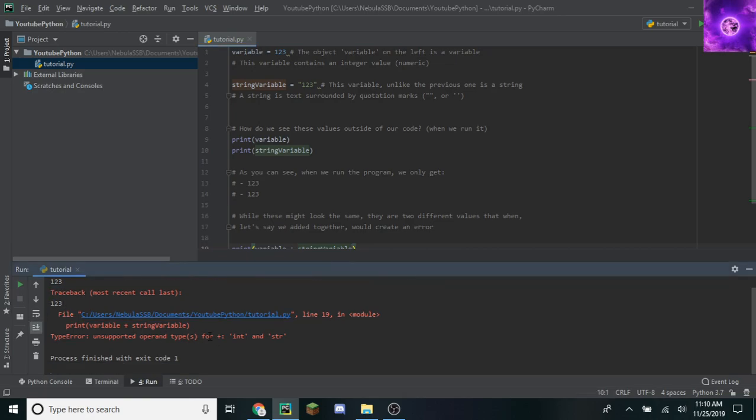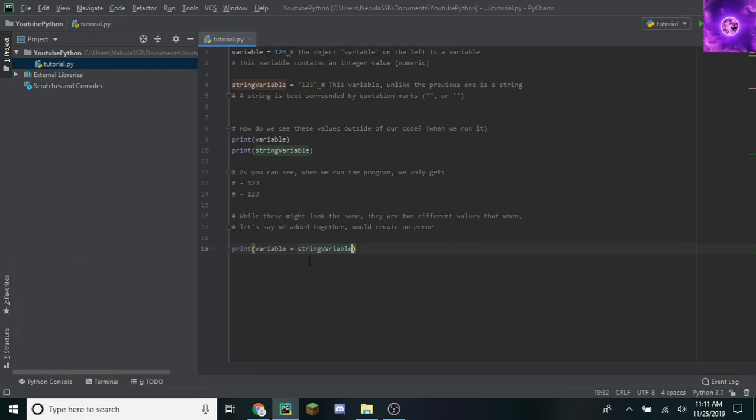However, here you can't add an integer and a string value. If you were to ever try using these together, then the only way you could use it is by doing the multiplication operator, used by an asterisk.